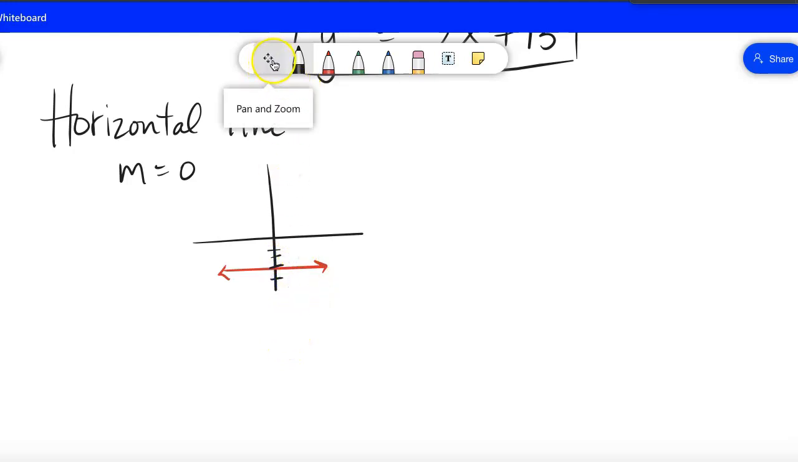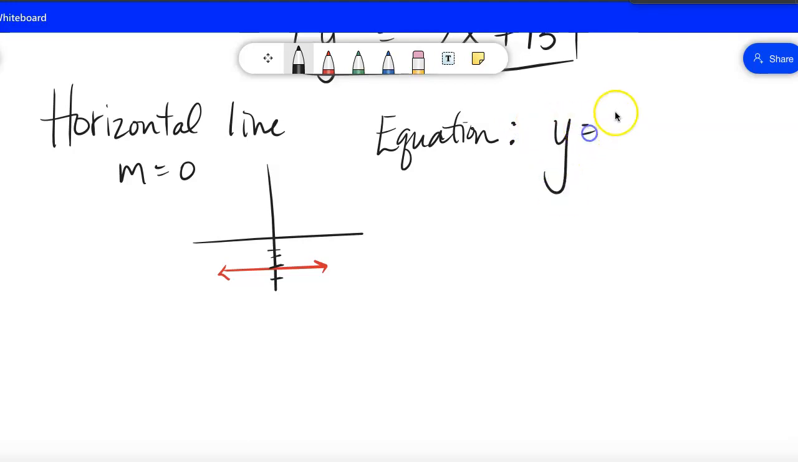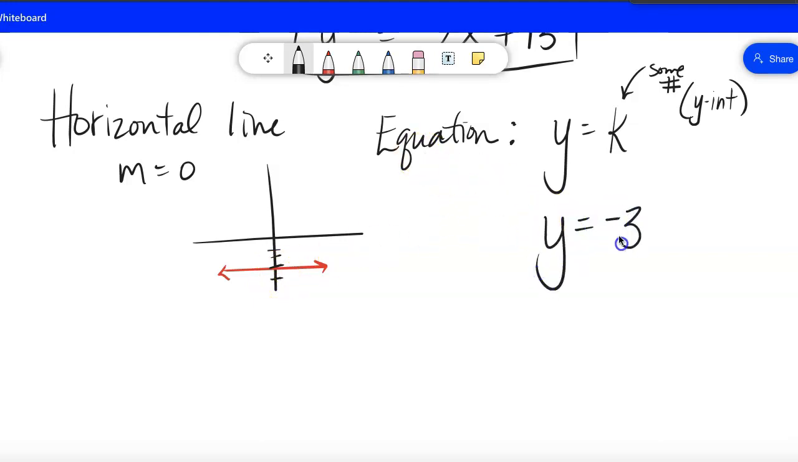And if I want to know the equation of this horizontal line, its equation is y is equal to some value k, and k is just some number. In fact, it's not just any number, it is the y-intercept, because it crosses the y-axis at -3, so that's the k value we're going to use. So the equation of our line is y equals -3. You can't just say -3, you can't list an ordered pair, it has to be y equals -3 for this